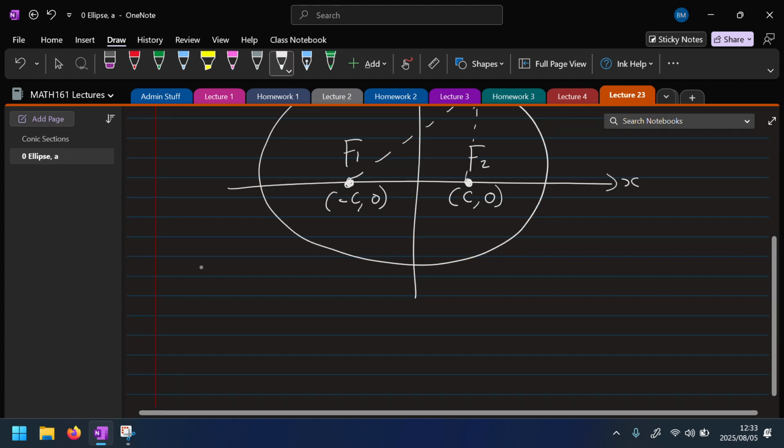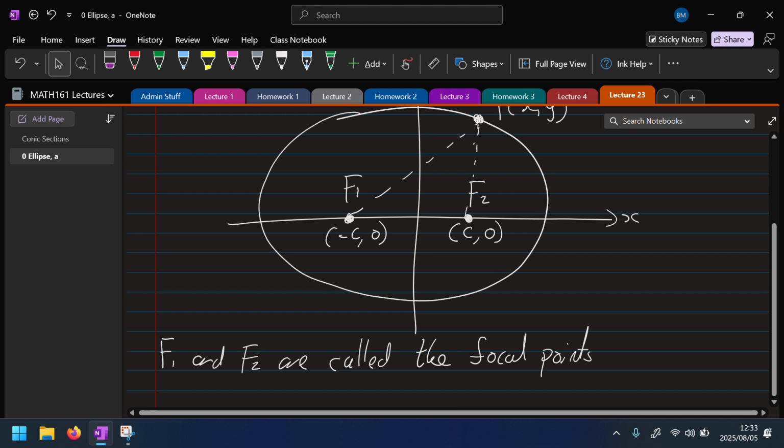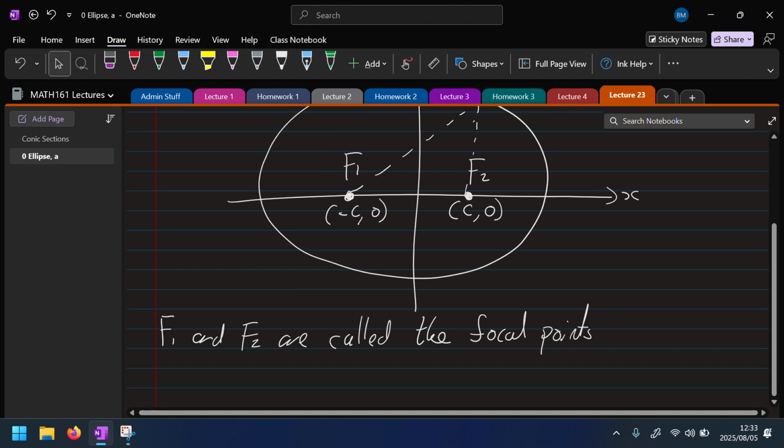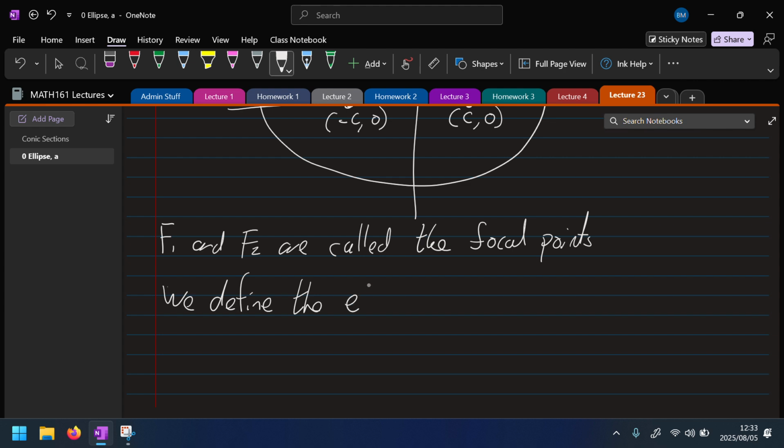Okay, and then I did say this, but I'll write it out. F1 and F2 are called the focal points. Right, just some terminology for all of these points here. Okay, so given this construction, how do we define the ellipse? So we define the ellipse as the set of points